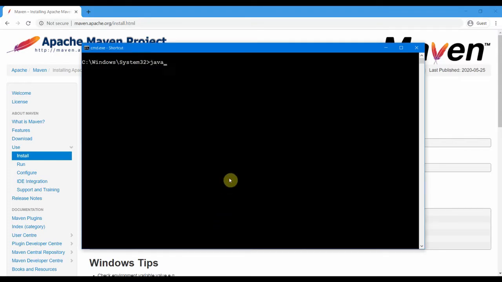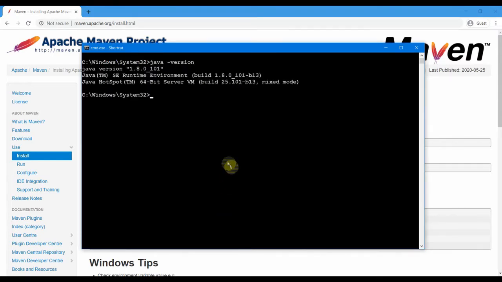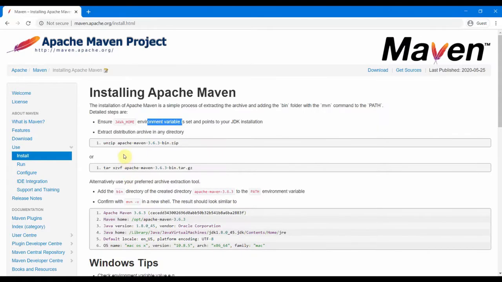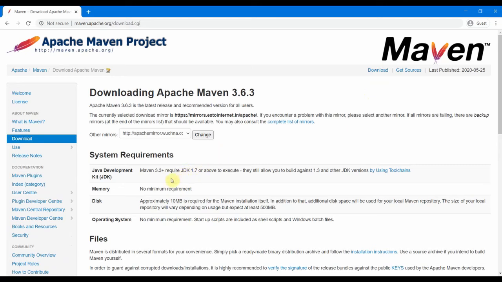So I have Java version 8 in my Windows, and once after I download, you need to extract it and put it in a proper location. Then I go to the download link on the same page, and the current latest version is 3.6.3. It says that to install Maven 3.3 plus, you need to have JDK 1.7 or above. I have JDK 1.8, so this is going to be okay for me, and there's no minimum